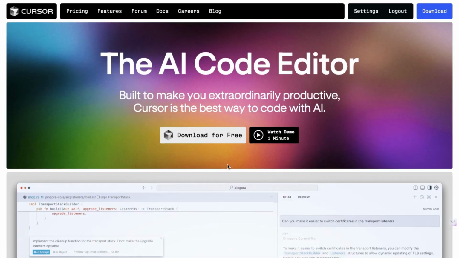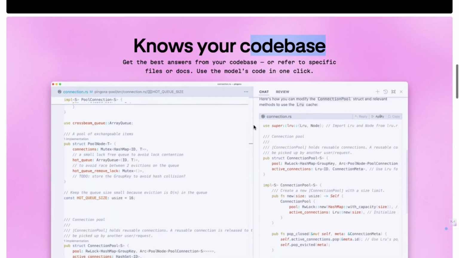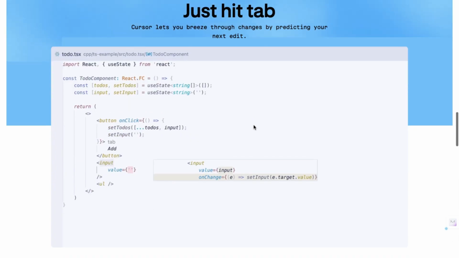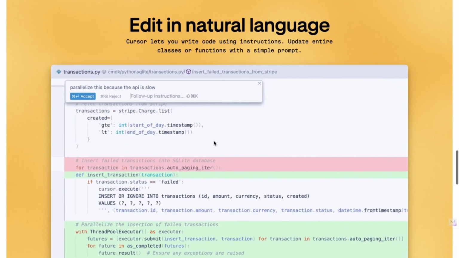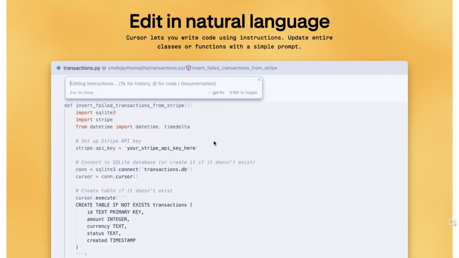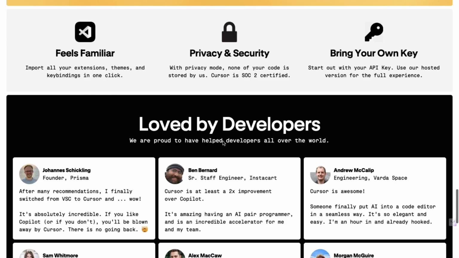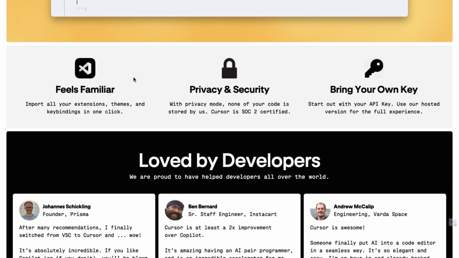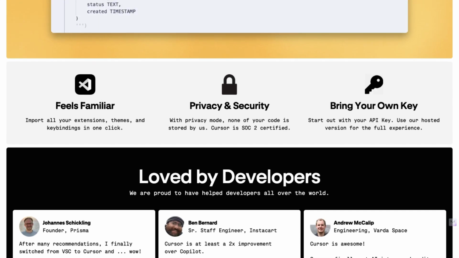What makes Cursor powerful is its ability to understand your codebase. It offers auto-completion features, and by simply pressing the Tab key, you can move forward quickly in your code. Additionally, it allows for natural language editing, making code modifications as easy as having a conversation. Cursor is similar to VS Code in functionality but offers enhanced features through AI. You can even integrate different large language models if needed.